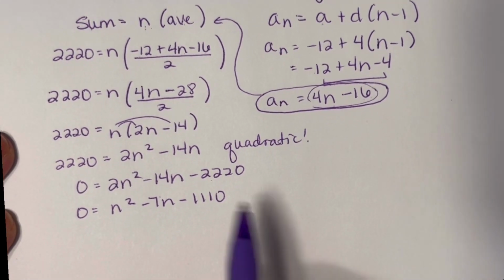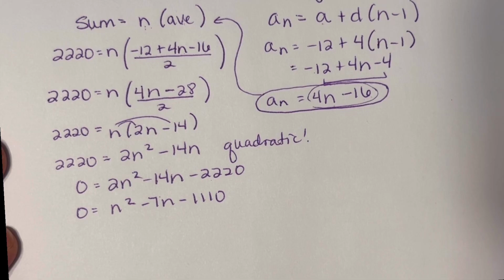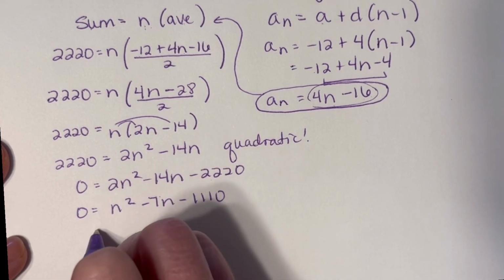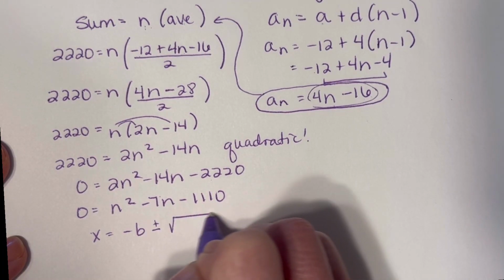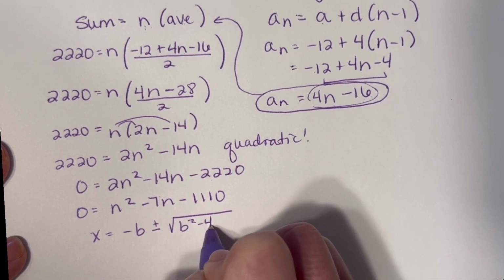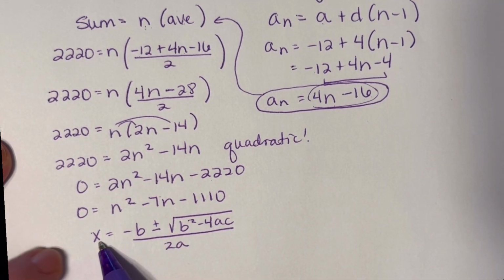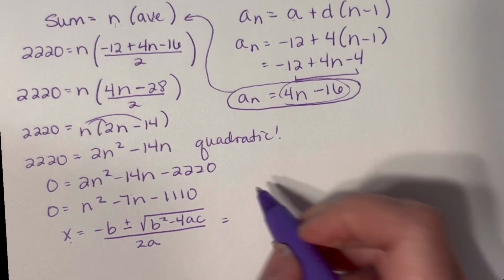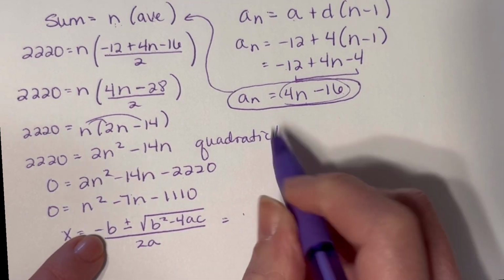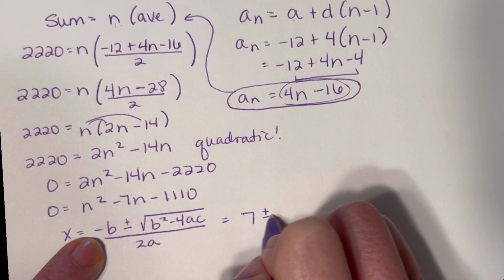Now, factors of 1,110, I don't really feel like doing that. I'm just going to go straight to the quadratic formula. So here we have x equals negative b plus or minus square root b squared minus 4ac all over 2a. Now x, in this case, it's n, but that's okay. I'll go over here. We have negative b, so the opposite of negative 7, which is positive 7, plus or